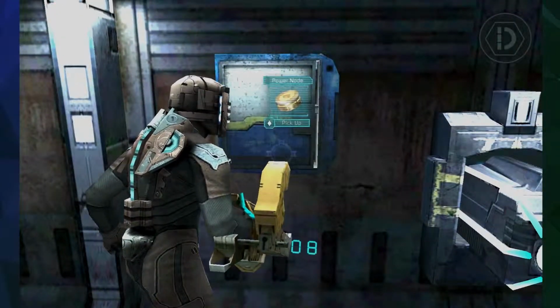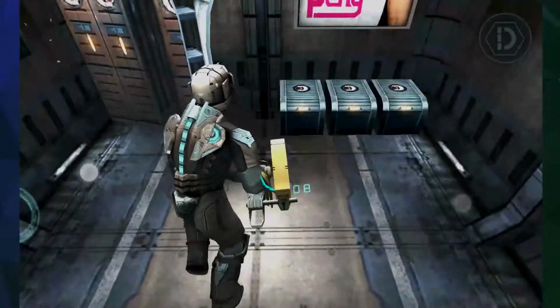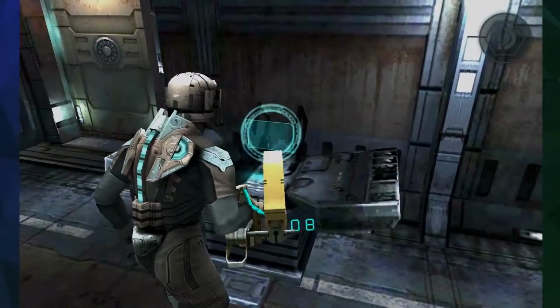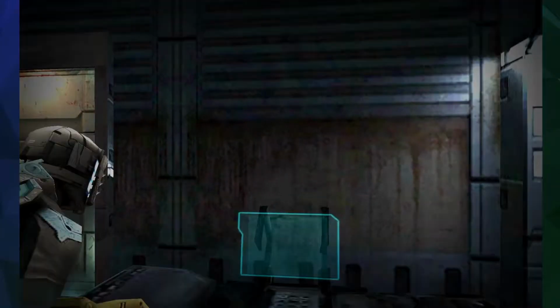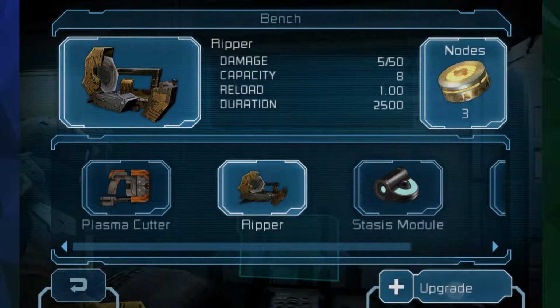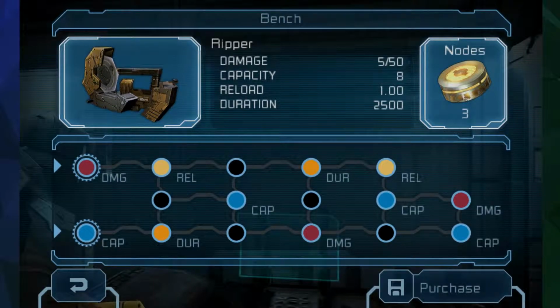Even if I hit these dead center, they kind of have a problem registering that I've clicked the button for opening stuff. I got a couple more power nodes, I think. Let's see what we can upgrade. I need to upgrade Euripides. So, we need...